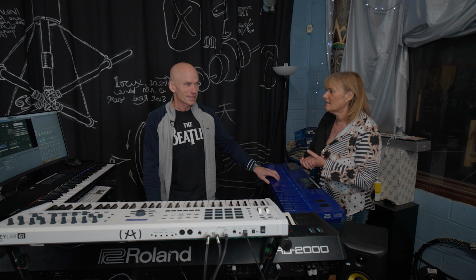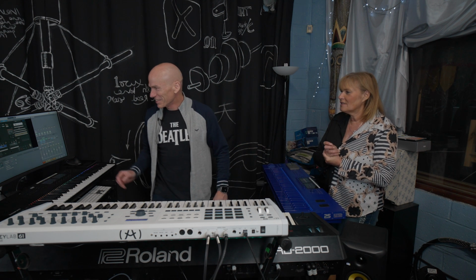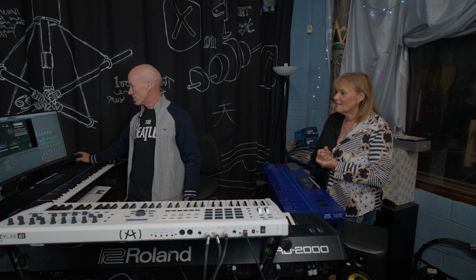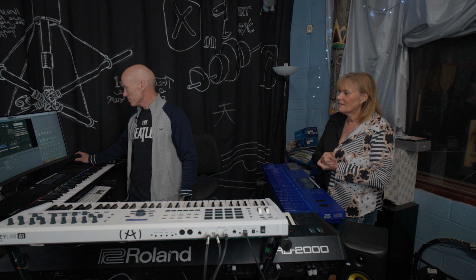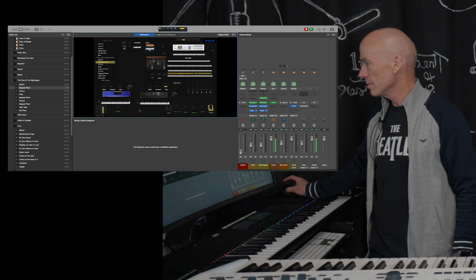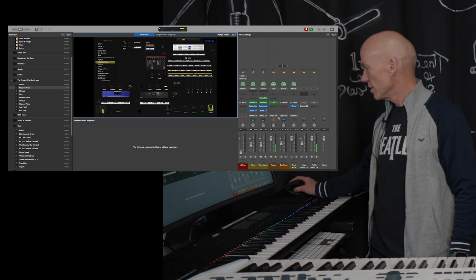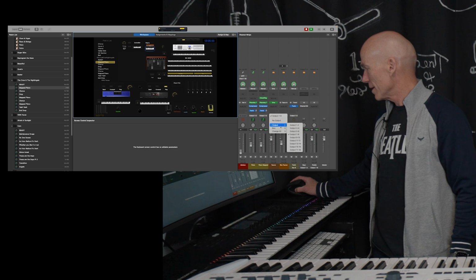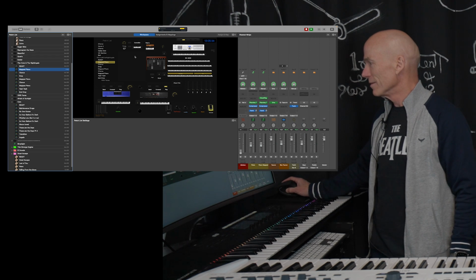They're called weird things, aren't they? Omnisphere or Diva. Diva's one that we use for Pete's bass pedals. Because Pete used to play these Taurus bass pedals, and they kind of sound a bit like this. You can't hear them because they're going out a different channel, but they kind of sound like this.